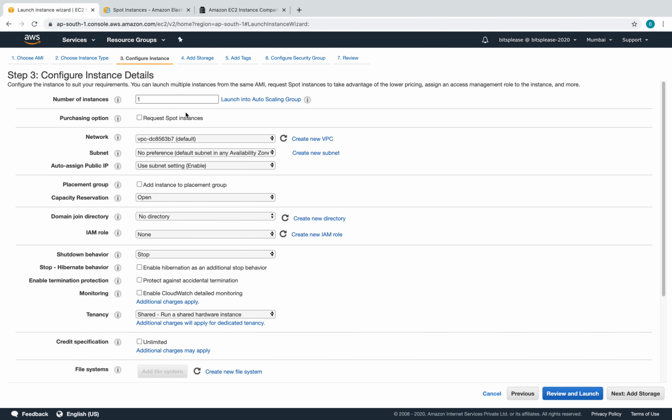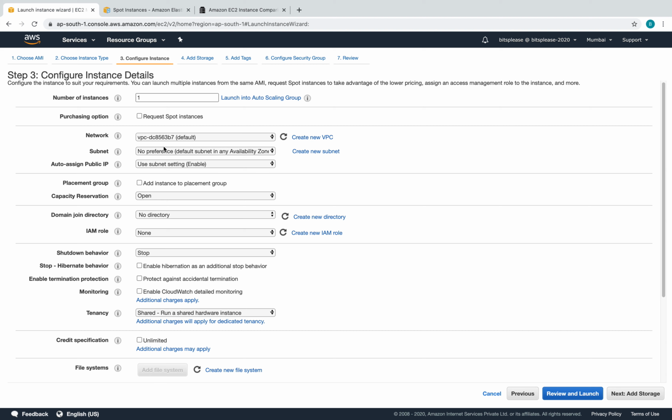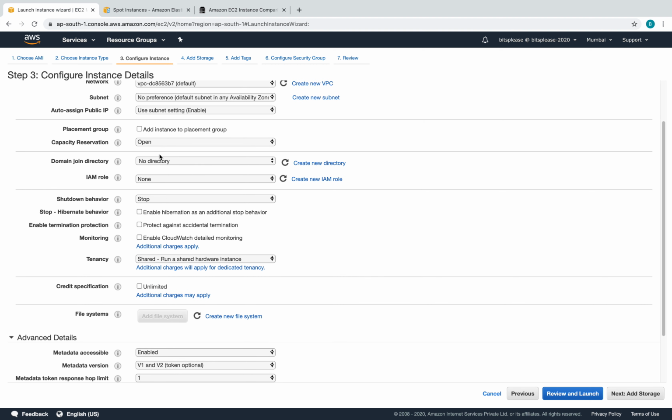Nothing to be configured here. These are all pretty straightforward, right? It's asking me the number of instances. If you want 2, you can select 2 here and 2 would get created. VPC, the virtual private cloud, we'll probably talk about maybe later in the videos, but basically think of this as a small private network in which your EC2 instance, or the VM, will reside. Apart from that, you can do some